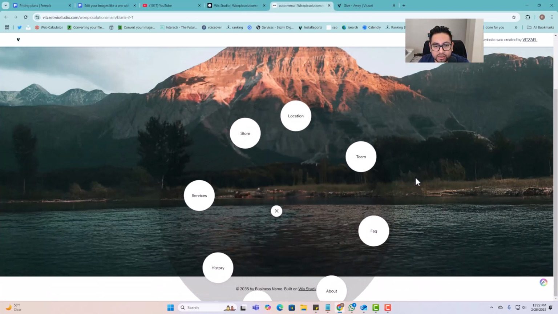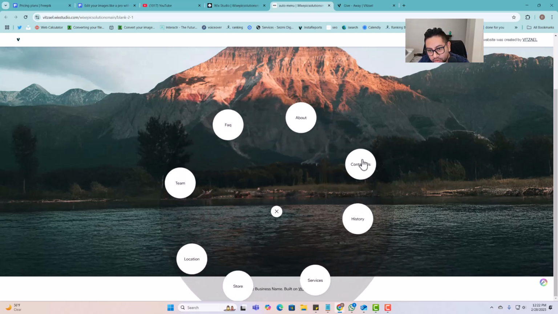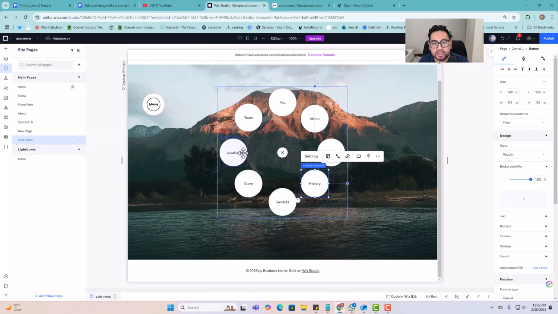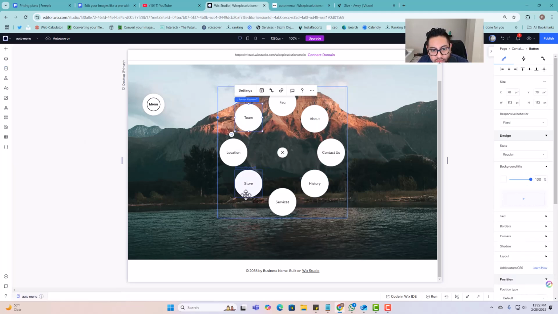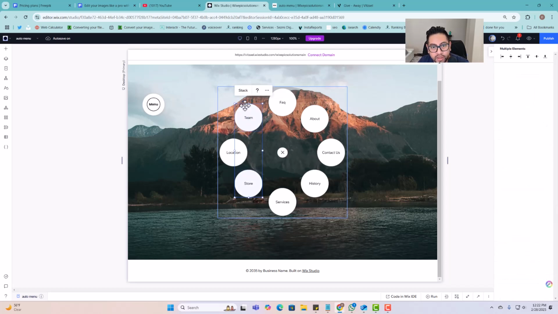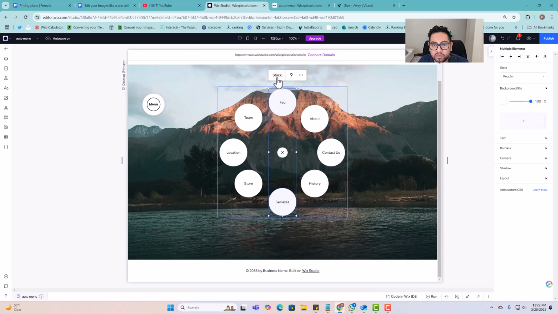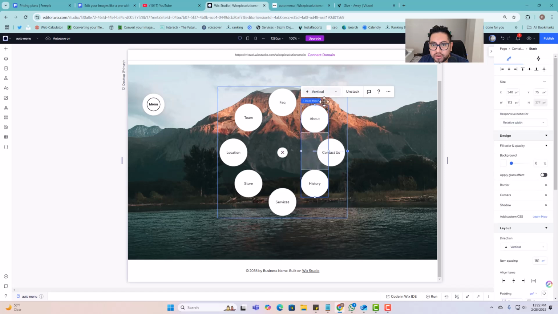And as you can see here, it's spinning. But you notice it's going all over the place. This one is going all the way outside because they're not aligned correctly. So how do you fix that? It's very simple. First, you're gonna select your item. I'm selecting shift on my keyboard and then stack. And then I'm gonna do this one, stack. And then this one, stack. And then this one's on the end, I'll just leave it outside unless you want to